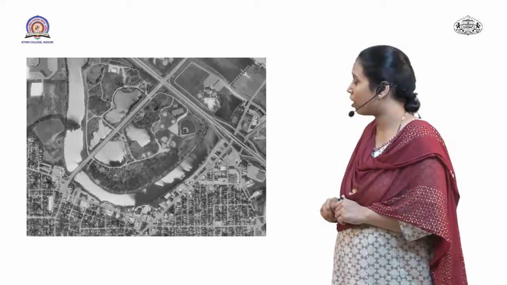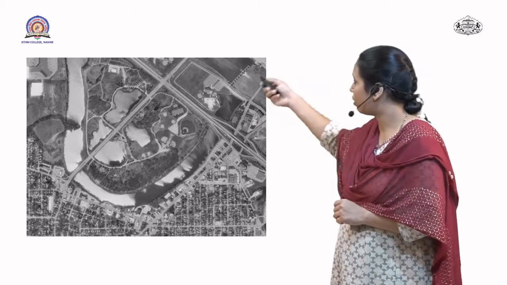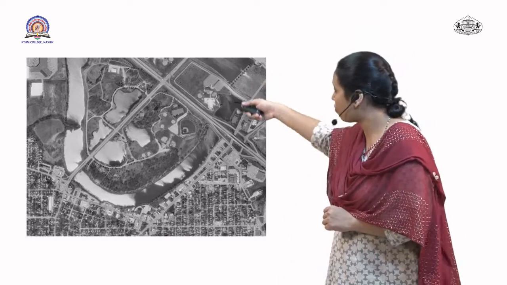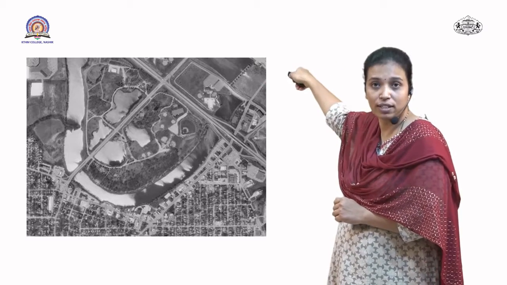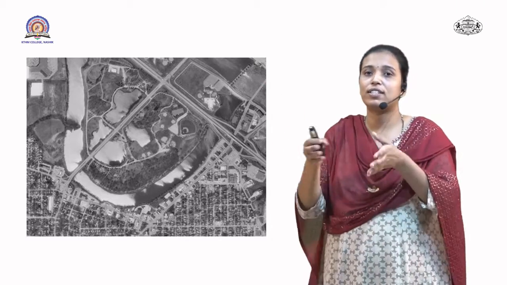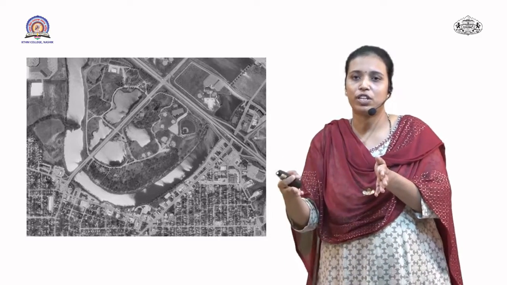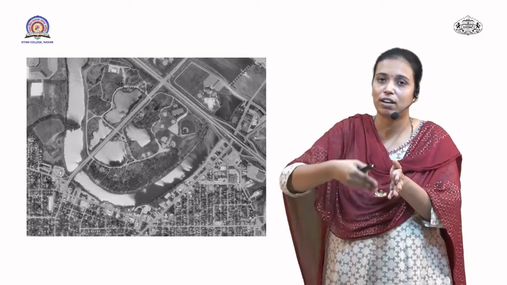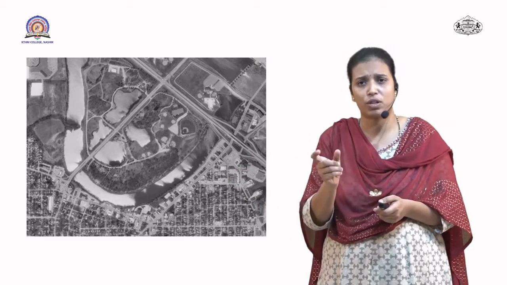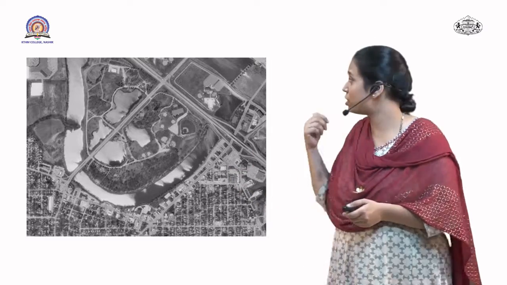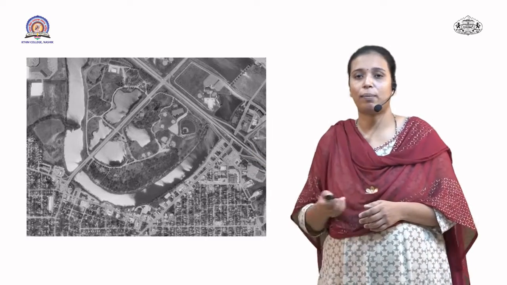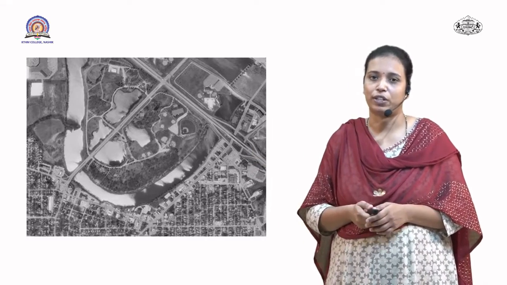So this is also another example. You can see a city is lying, but a river which is passing makes a U-turn at that city. So what is the association between it? That there is a city, but in association with it a water body has a U-turn with it. So this is a perfect example of association, or you can use this particular example for explaining the site as an element of photo interpretation.